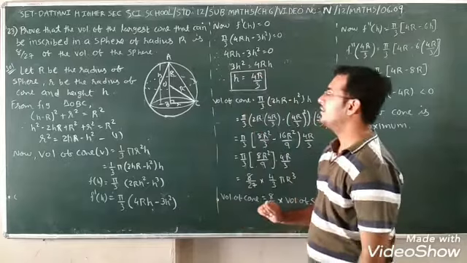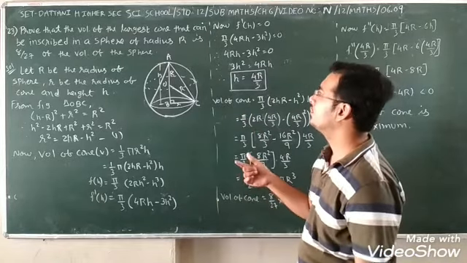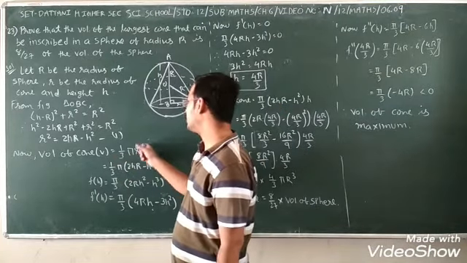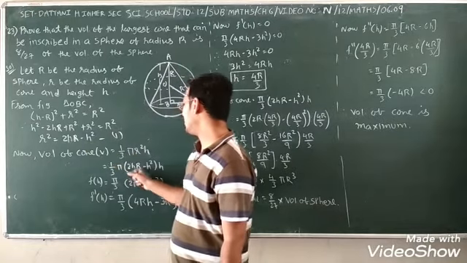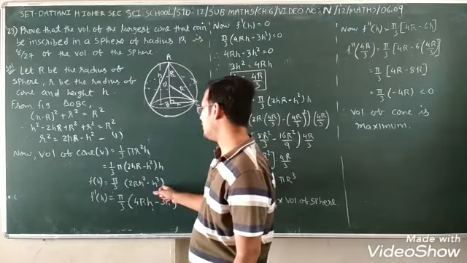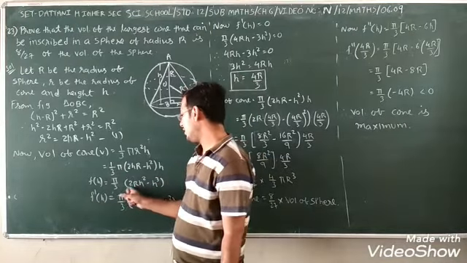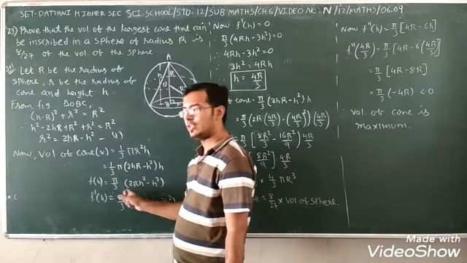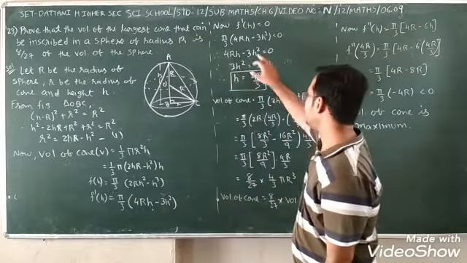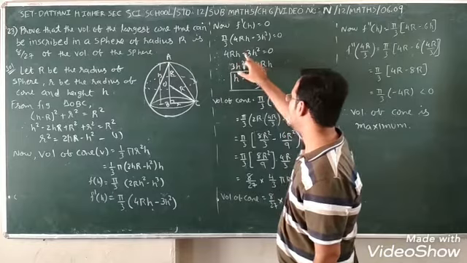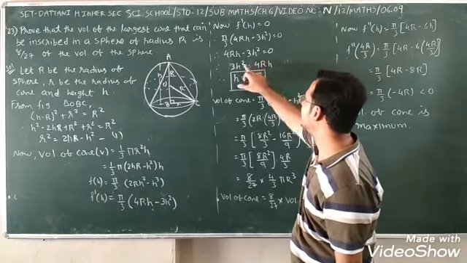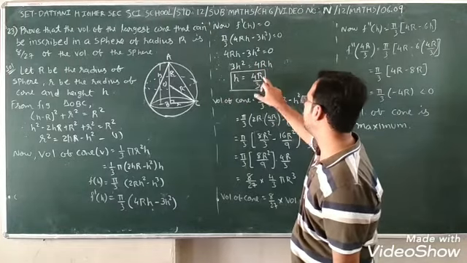Now we have to prove that the volume of the cone is largest. Volume of cone is equal to 1/3 pi r square h, and r square is equal to 2hR minus h square. So pi by 3 times (2R h square minus h cube). Now taking the derivative, pi by 3 (4Rh minus 3h square), and setting it equal to 0: 4Rh minus 3h square is equal to 0. So 3h square is equal to 4Rh, h cut, so h is equal to 4R upon 3.